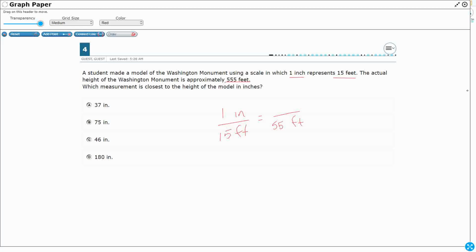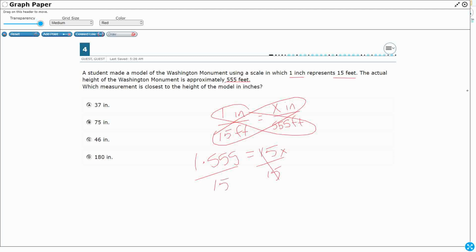And then we're going to need to find the measurement in inches of that particular model. So we're missing that, I'll just put X right there. We know that we can use cross multiplication here. So 1 times 555, which is 555, is going to equal 15x. So really all we need to do then is just divide both sides by 15, right? That's going to turn that into a 1. And so we've got 15 into